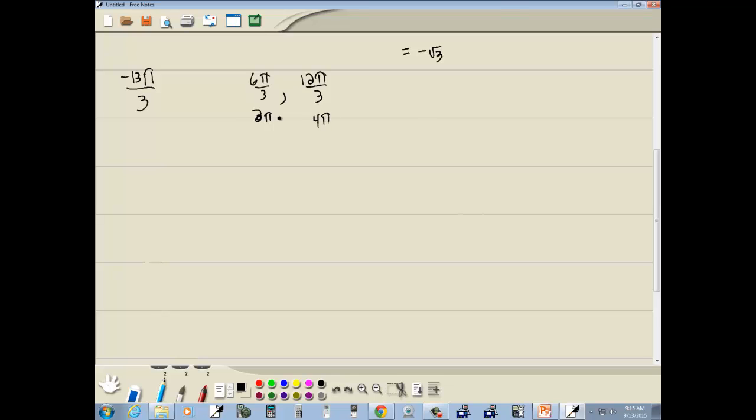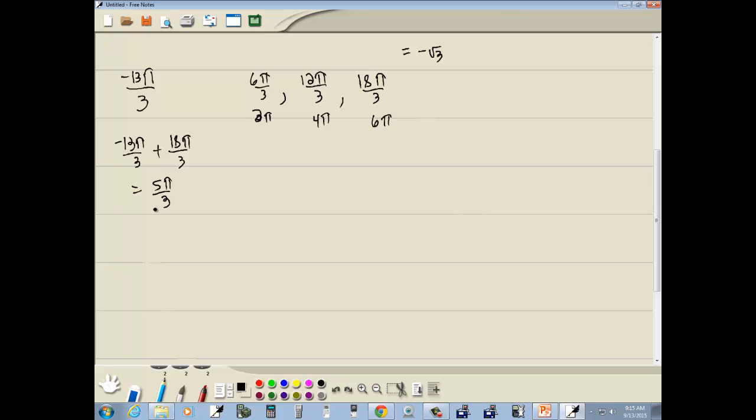That's still not enough. So my next one is 18 pi over 3, which is the same as 6 pi. So we're adding multiples of 2 pi. Okay, so we got negative 13 pi over 3 plus 18 pi over 3, which gives us